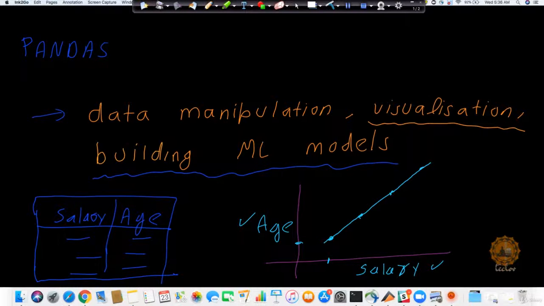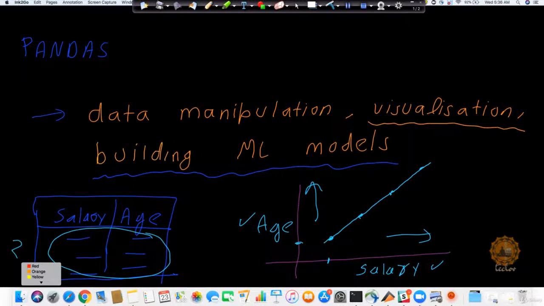You can see that when the age is increasing, the salary is also increasing, right? So we are easily able to make some relationship here, which was difficult to do in the table. I'm not saying that you cannot do it at all, but it's a little difficult when you have just a normal table available.